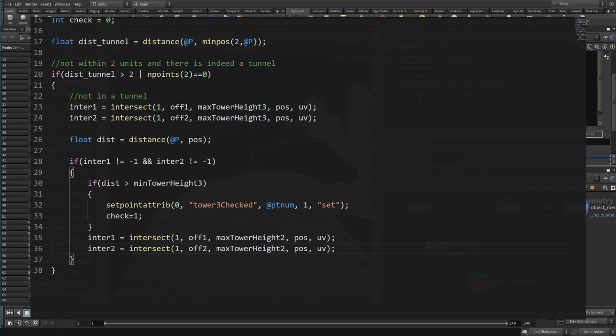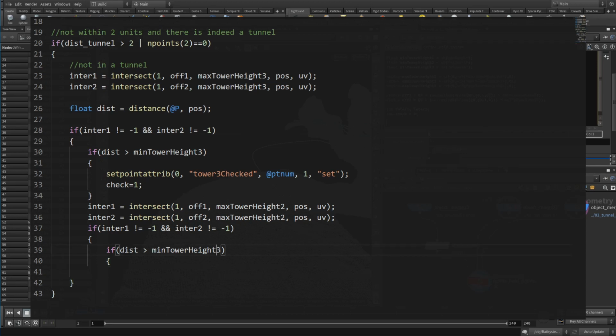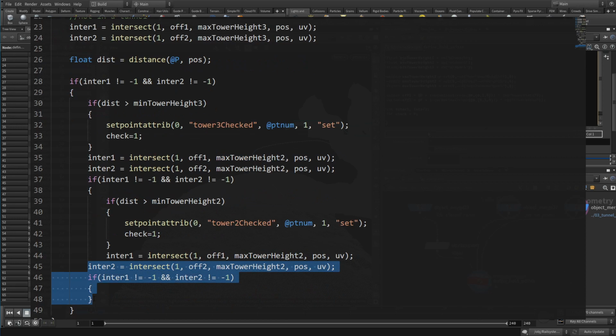Instead of the new intersects, we could also check if the distance is within the range of that level. Important is that I do these intersects regardless if the minimal requirement of the previous step was successful. If the rail would be too close for level 3, I still need to test the lower levels. They might still fit between the rail and the ground. But by nesting the tests, as you can see here, you still cut down the amount of needed tests. If the rail is too high for the previous level, there is no need to check the next one.